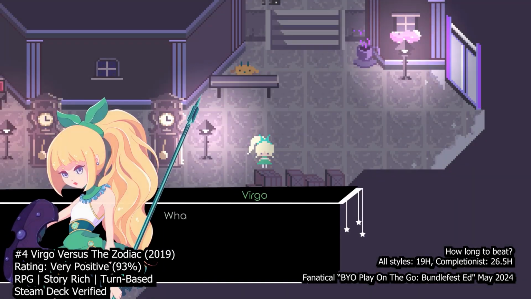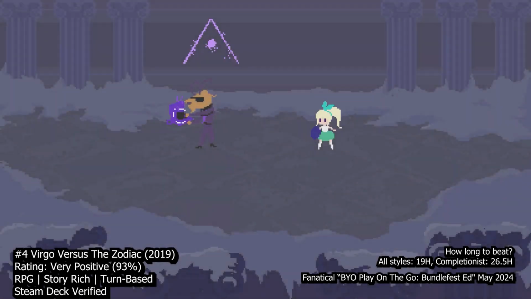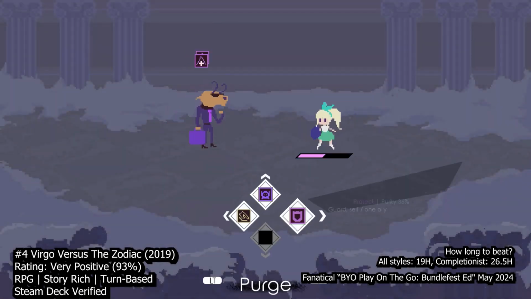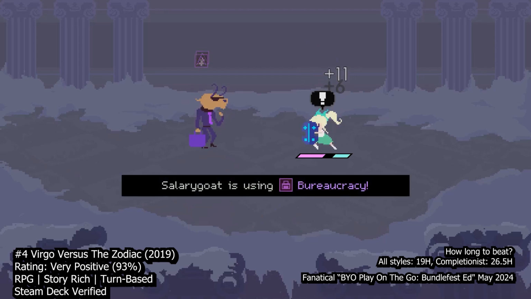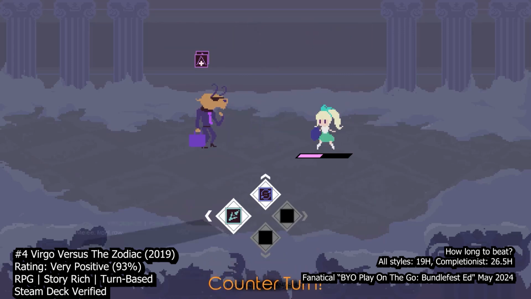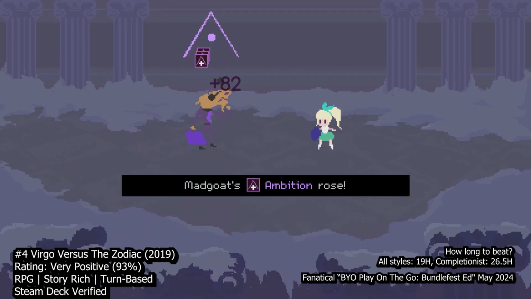At number 4 we have Virgo vs. the Zodiac, a traditional RPG with a twist, offering a delightful blend of retro aesthetics, deviously challenging gameplay mechanics, and stunning music and sound design. From the moment you lay eyes on its pixelated 8-bit visuals, you'll be enchanted by its adorable charm and detailed sprite animations. The monster designs are creative, the environments are captivating, and the character portraits add a modern touch to